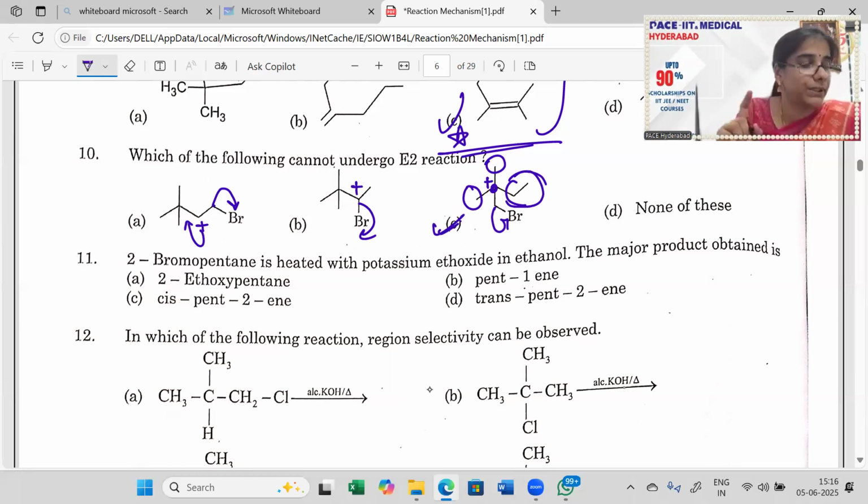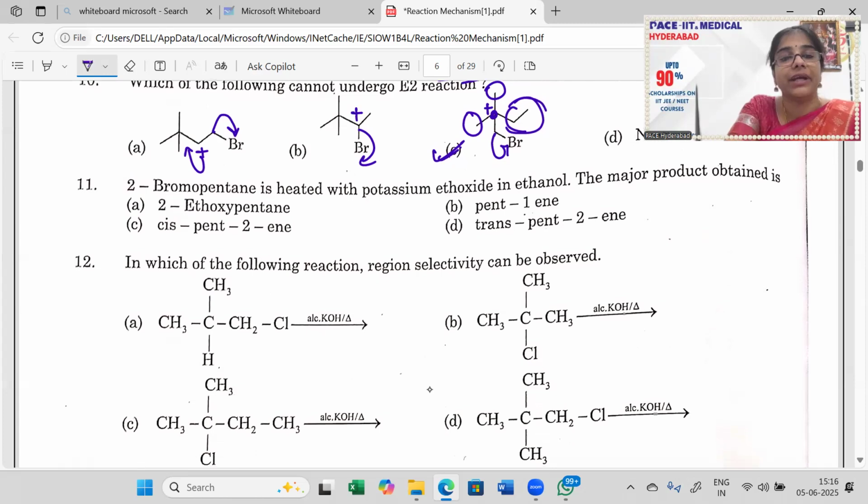Option C will not undergo it, it will stay there, because an SN1 reaction can happen there, one reaction at a time, because a more stable carbocation has been formed there, right? Then